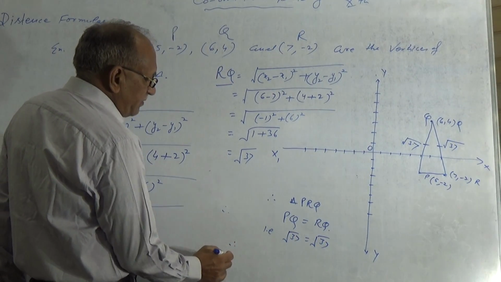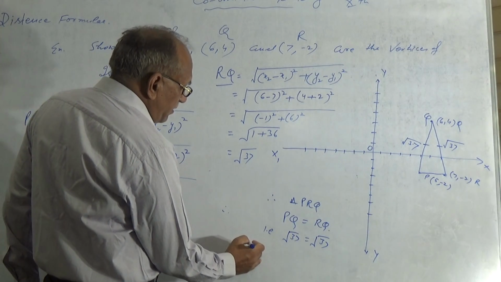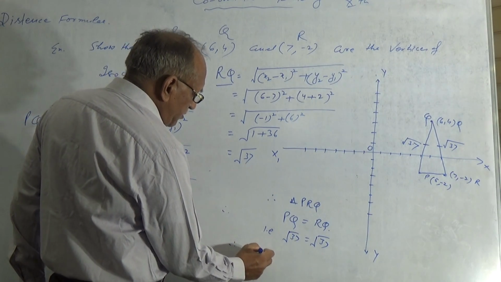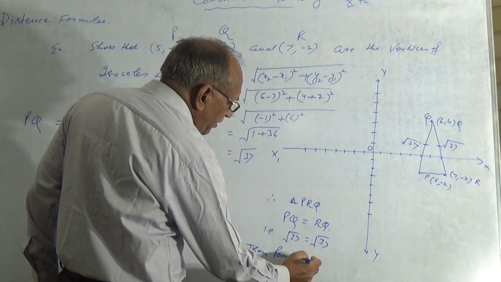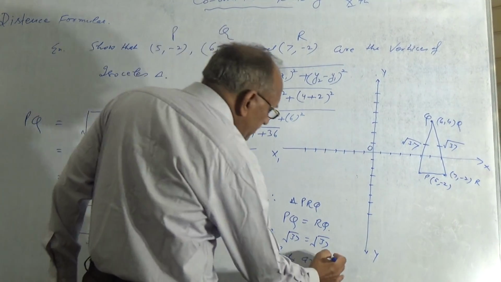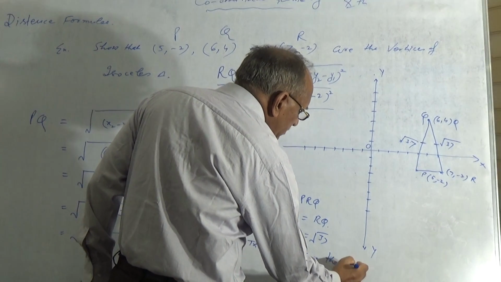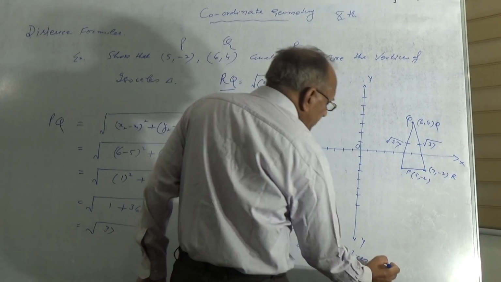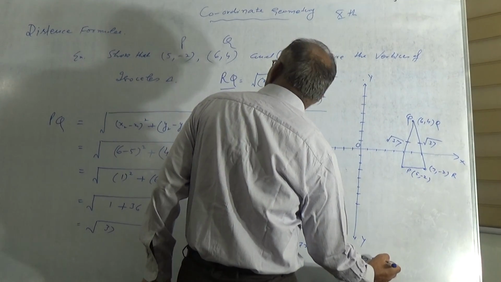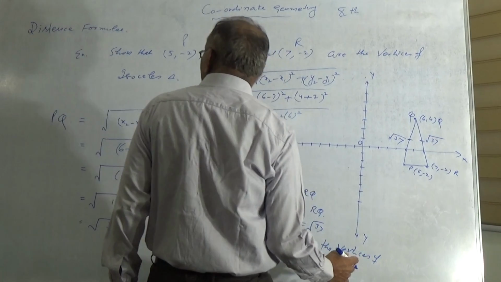Therefore, we can say these points are the vertices of an